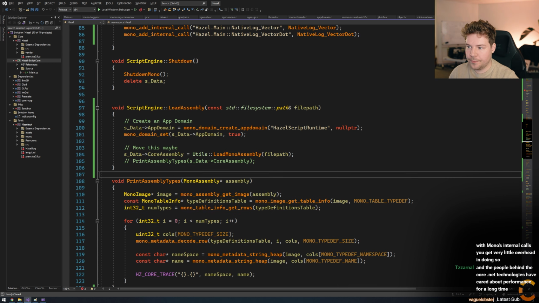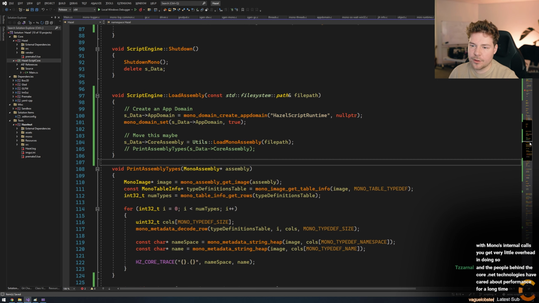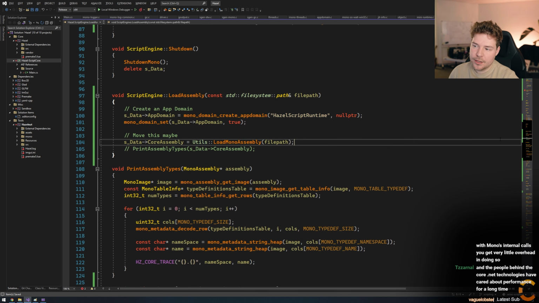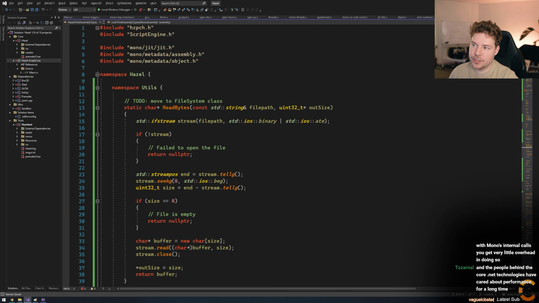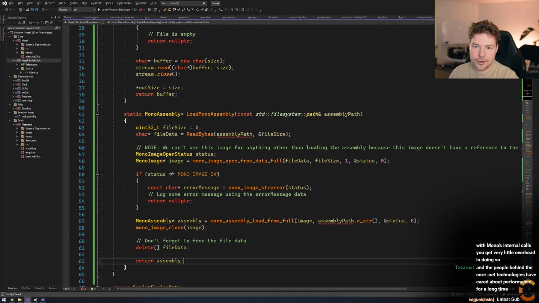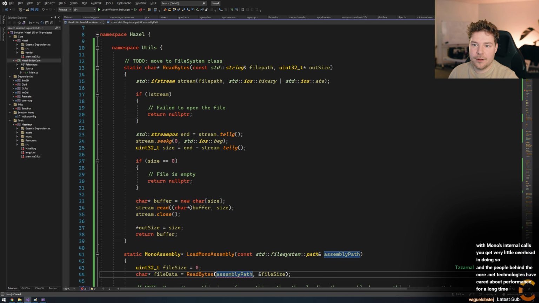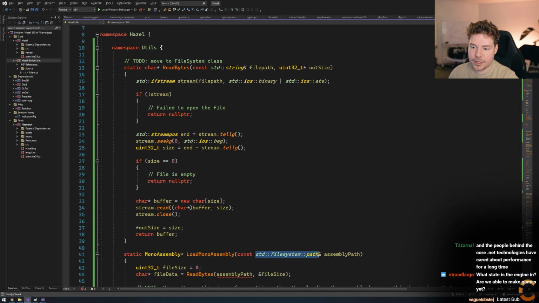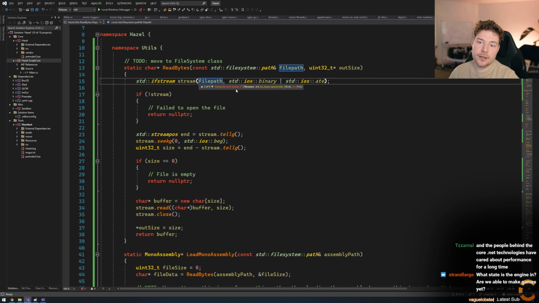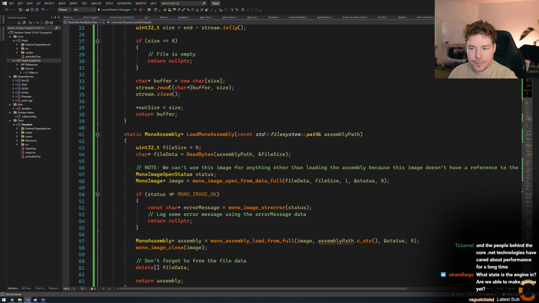I don't know if that necessarily needs to be in utils. Utils I usually leave for generic utilities, but this is clearly related to mono, so we'll see. I'll also make this take in file system paths everywhere instead of strings. And this obviously will also take in a file system path, so we don't have to do anything because the API is there for that.